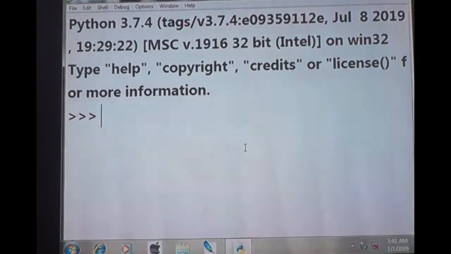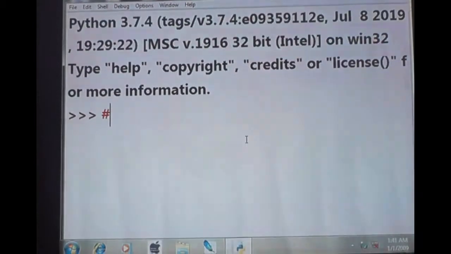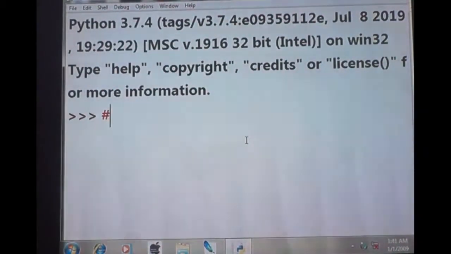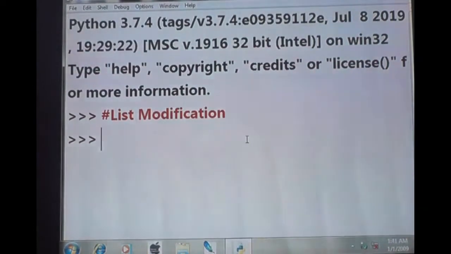Now we are going to see list modification. Okay, list modification. So L is equal to Anu, comma Banu, comma Chitra.